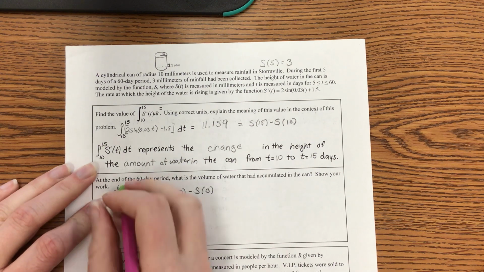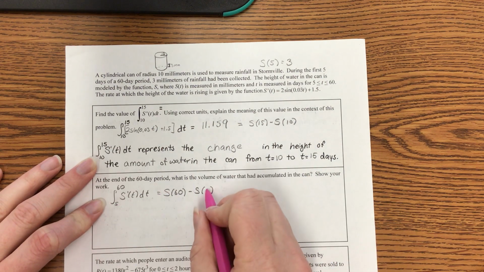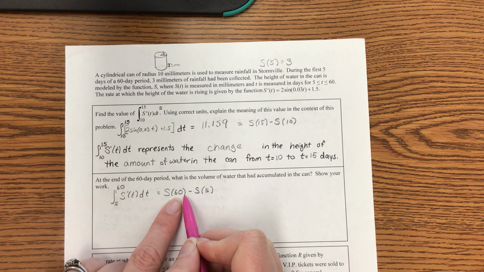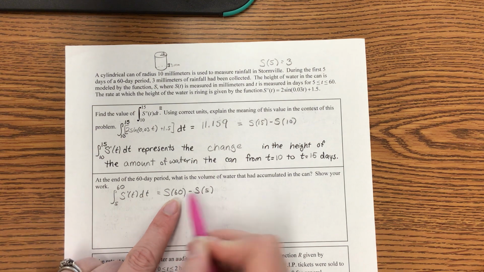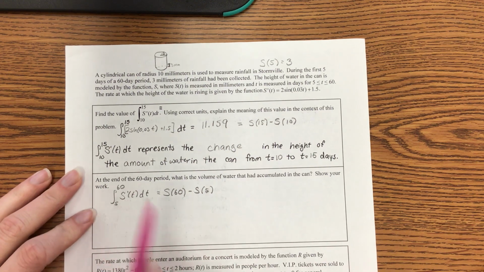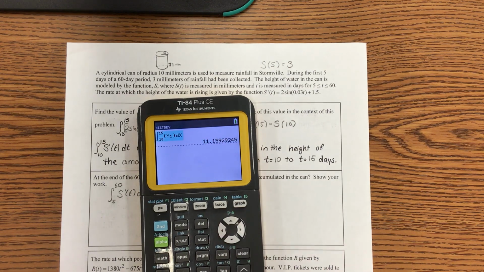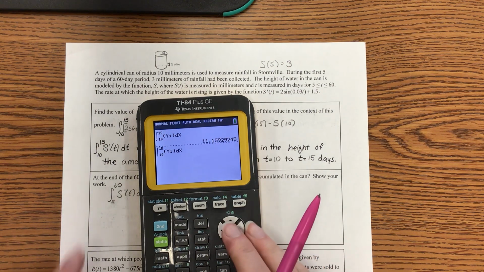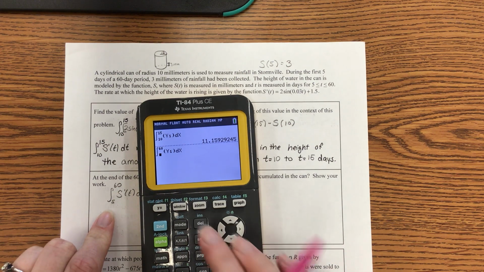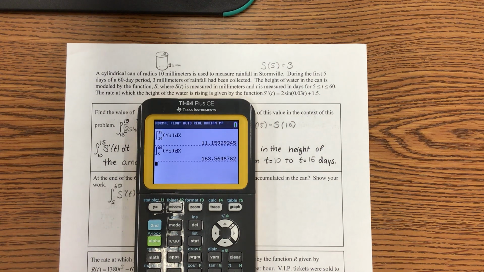What we do know is S of 5. So I'm going to exchange the 0 for a 5. S of 60 is still how much water is in the can after 60 days. It's okay that this number is not 0. Okay, let's figure this out. We are going from 5 to 60, so we're going to use that same integral. Let's copy this integral and then just change the limits of integration. The limits are the b and the a bits. Okay, so we're going from 5 to 60, and we get